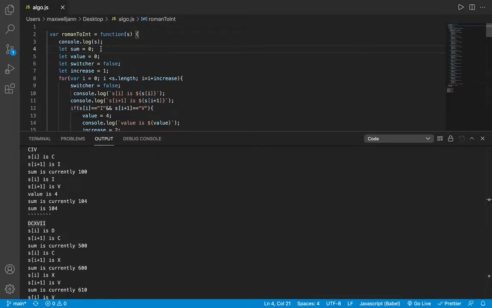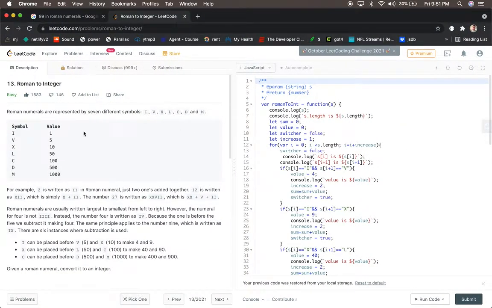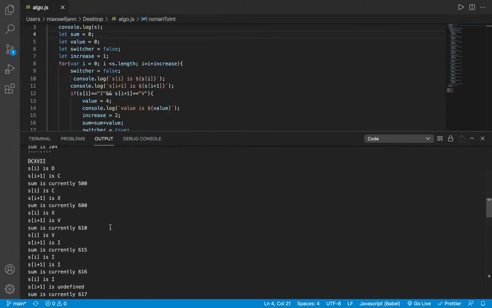So I create a variable and I started at 0. Everything else is unnecessary and me like debugging my code. But it's tricky because if you're writing a program that's looking at the letters, for example, these letters that I'm inputting,